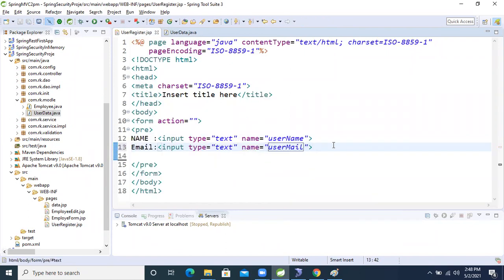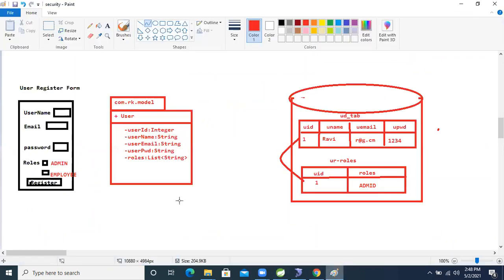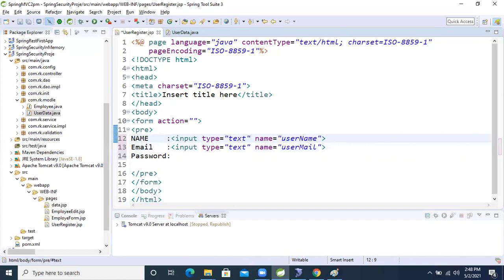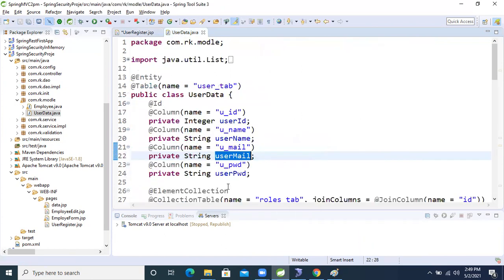Another one is password. Input type equal to password, and name equal to the name here, user password. Okay, fine.